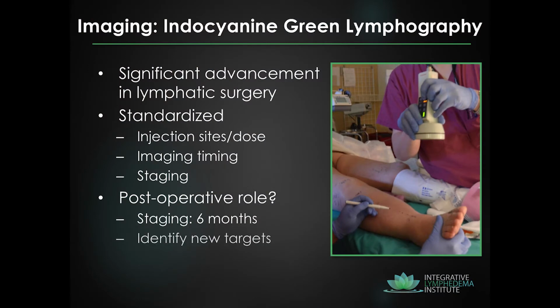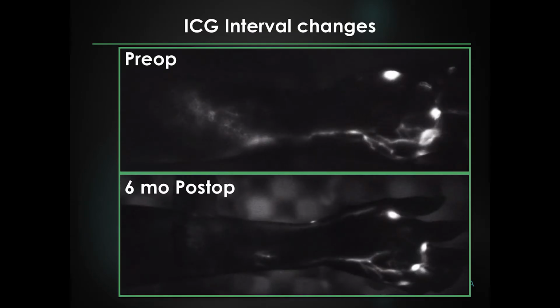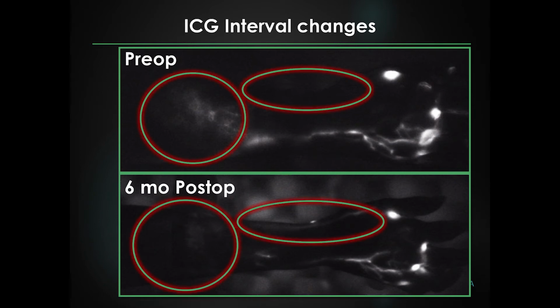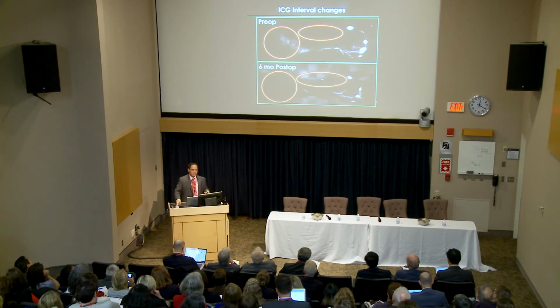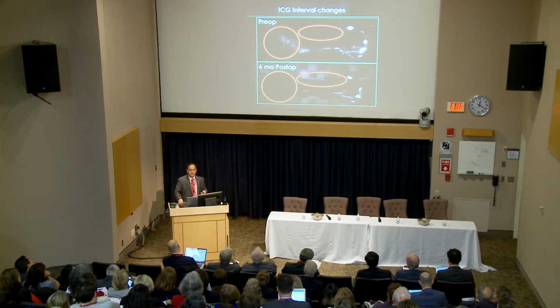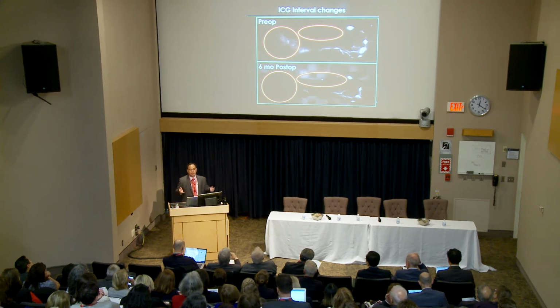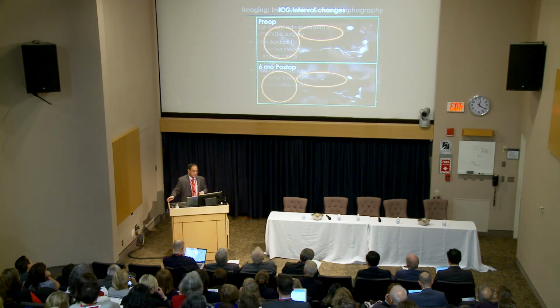Other things is identifying new targets. After a bypass procedure, here you go, you see her dermal backflow improved. This one doesn't show up, but she developed a new target. Why? Because we were offloading her, and that previous target was probably just too impaired to show up in the first imaging. That's something that I didn't believe in initially. I thought you had only one shot at doing this right. But now in some patients, if they have a focal deficit, I will go back and do another ICG on them just to see what's going on. We talked about the pain. There are multiple ways to dilute the medication to minimize pain.